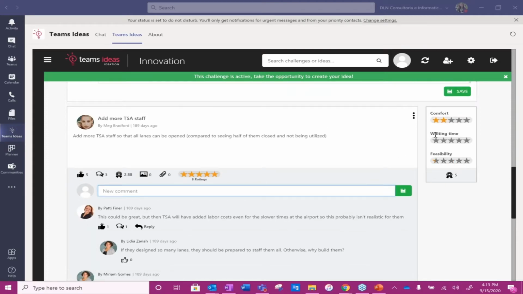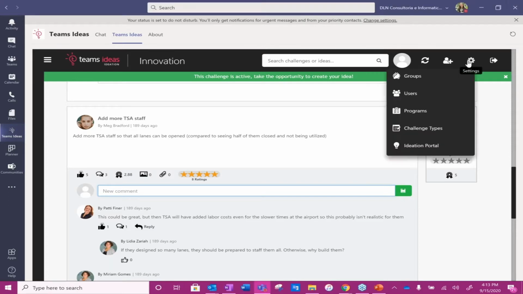evaluation criteria. This is based on the user groups that you see here within the configuration. So you can create different groups of your users to categorize them in order to control their permission levels, or to have them involved in certain challenges, or have certain challenge campaigns visible or not visible